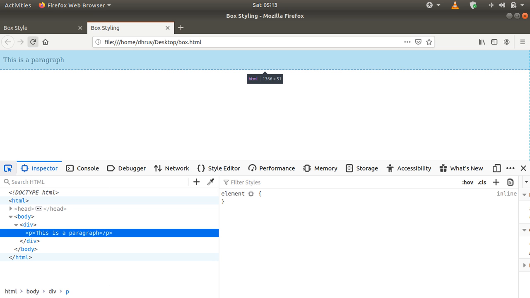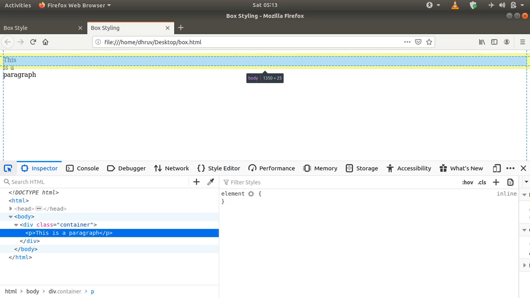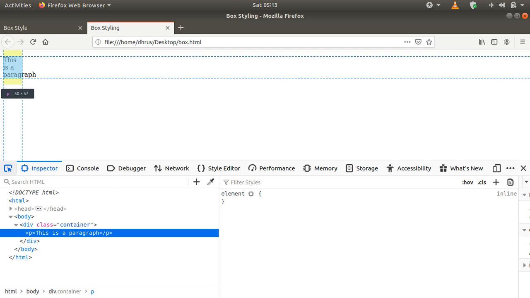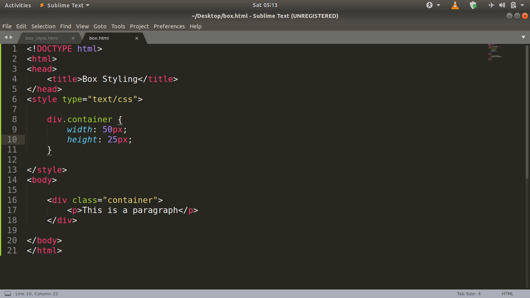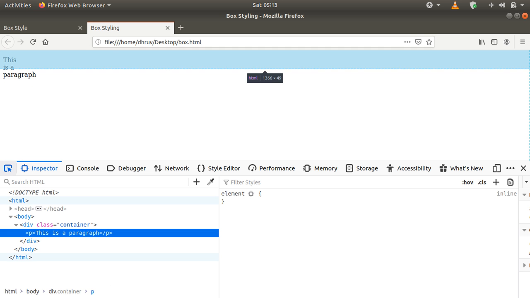Let me refresh the page. Now you can see the height is 25 pixels and the width is 50 pixels.